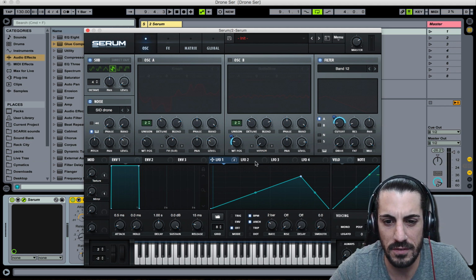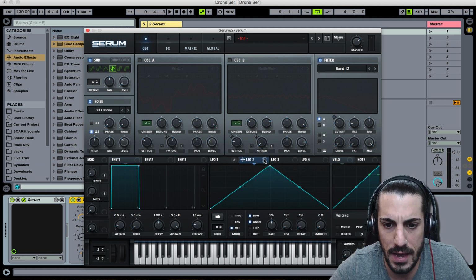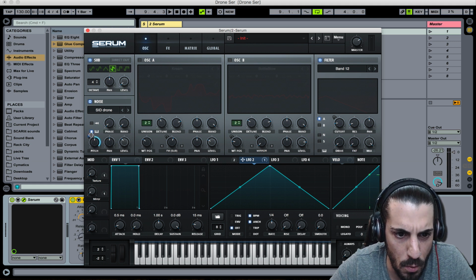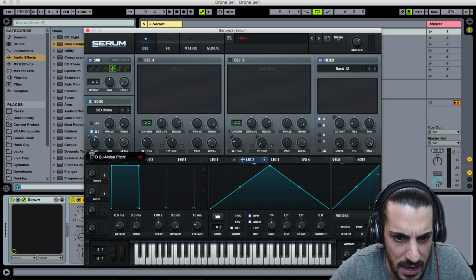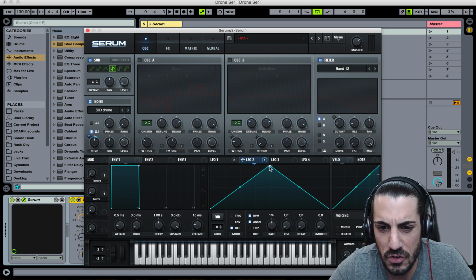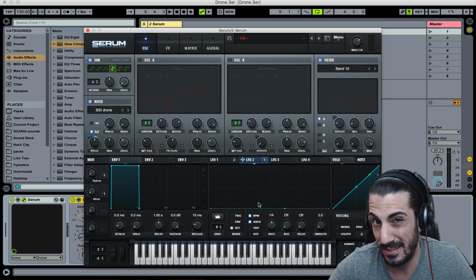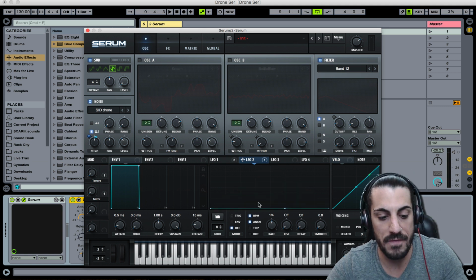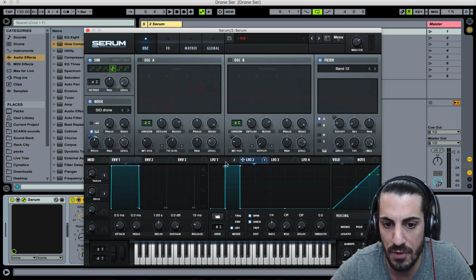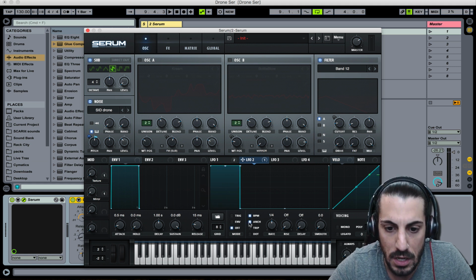And we're going to do something super interesting here. What we're going to do is go to LFO2, it doesn't matter, and I'm going to bring this over. And I want to bring it up to, I think, 11. And what we're going to do is use this like a stepper almost. And remember, if I hold down Shift, I'll be able to bring this up in increments like that. So what I want is for this to be an envelope, I think,